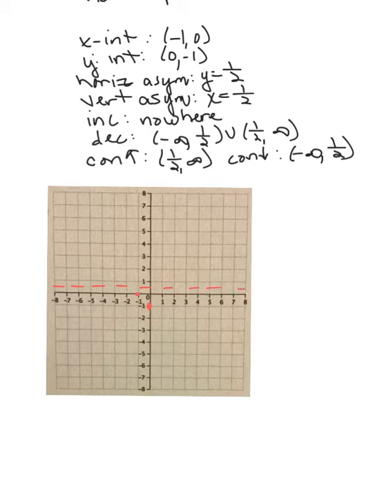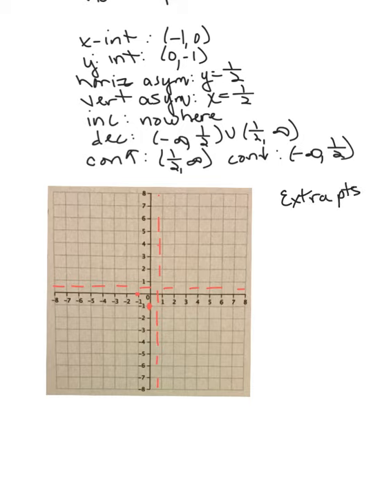And we have a vertical asymptote at x equals 1/2. In looking at this, notice that the 2 points that we know are both on the same side of the vertical asymptote. So for extra points,